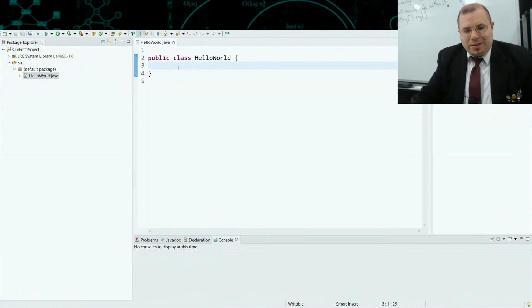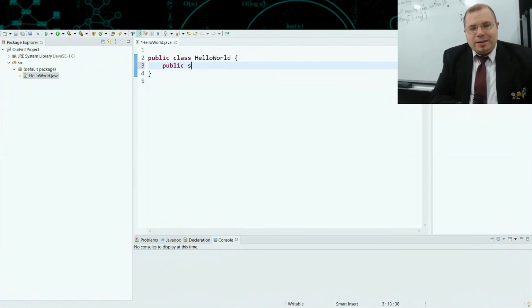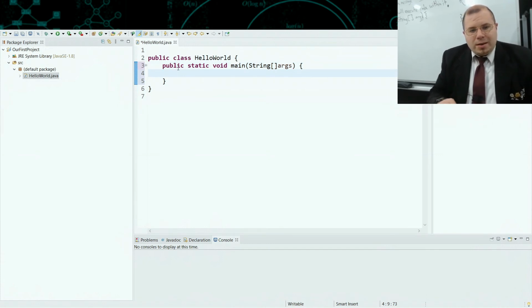Okay, so let's go back here. So I'm going to go public static void main args like so. And notice that it indents in my code like this. Now, you'll notice that if I try to run it,